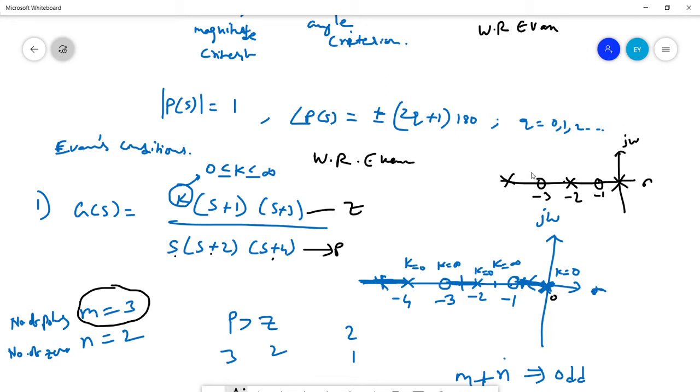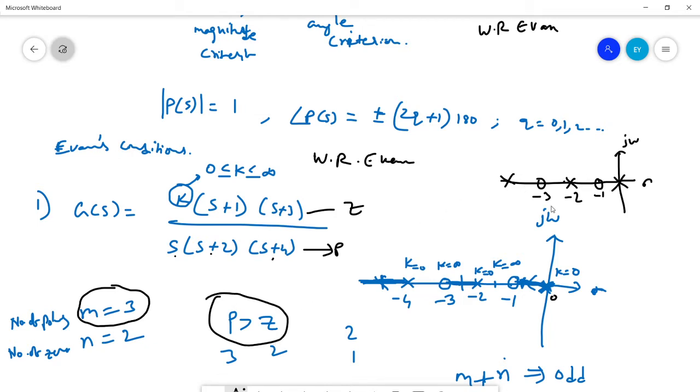If you remember the rules, the first rule we discussed is symmetry. The root locus will be symmetric about the real axis. When you start any root locus, the initial step is to check the number of poles and zeros. The second step is to check how many poles and how many zeros there are. In this example, we have 3 poles and 2 zeros, where the number of poles is greater than the number of zeros, P greater than Z.